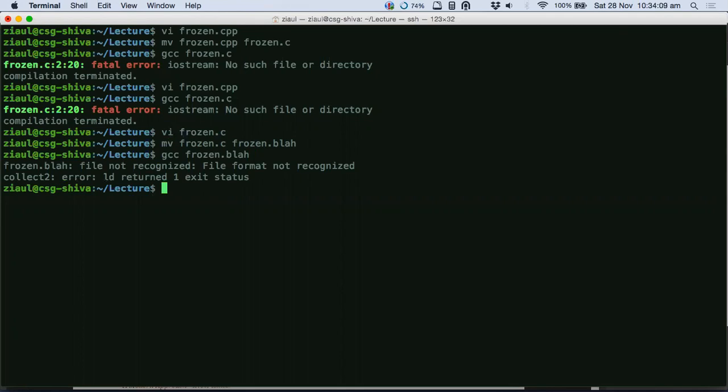Because for your compilation to happen, so this is your compiler, right? I showed you last time. This is your compiler that you are invoking. So for your compiler to pick up the file and compile, it has to have a certain name. Just like your Notepad doesn't understand if you provide it with an mp3 file, right? Similar thing. Your GCC will not understand if you provide it a file with a different random extension.